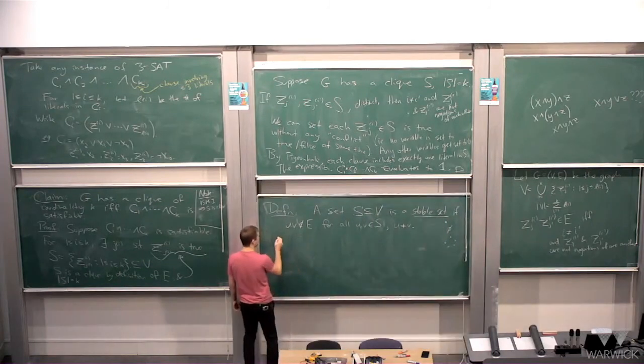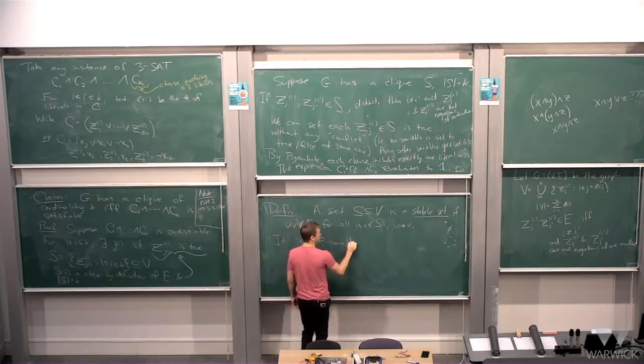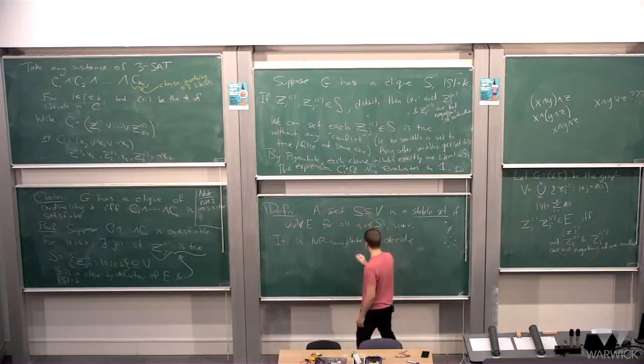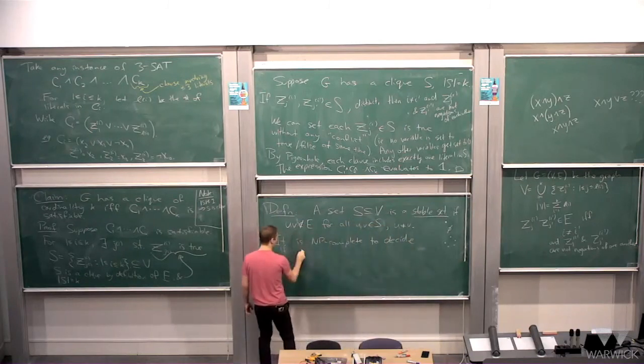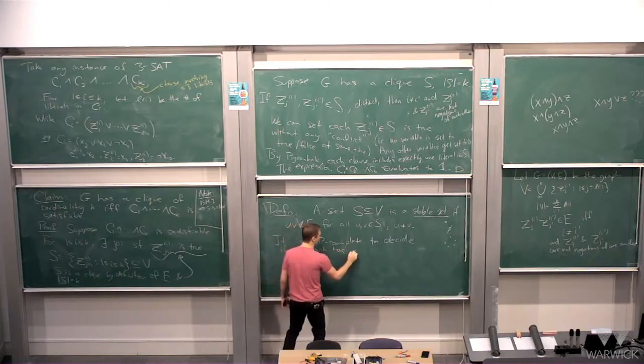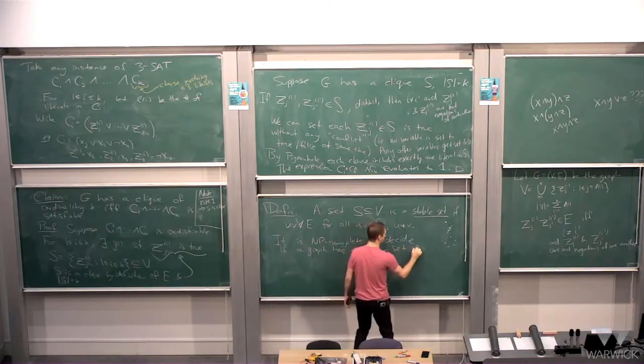So it's clear that it is NP-complete to decide if a graph has a stable set of size k,